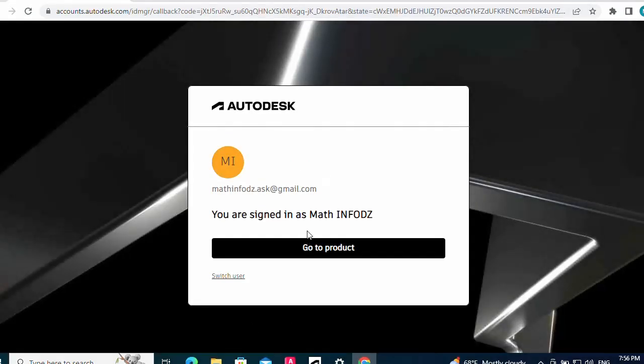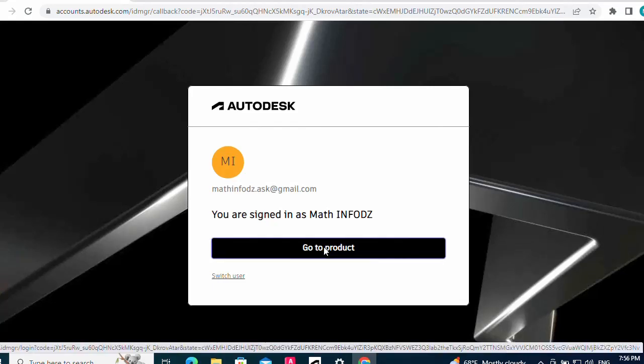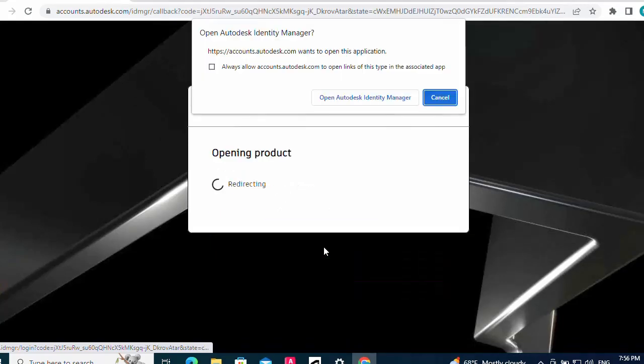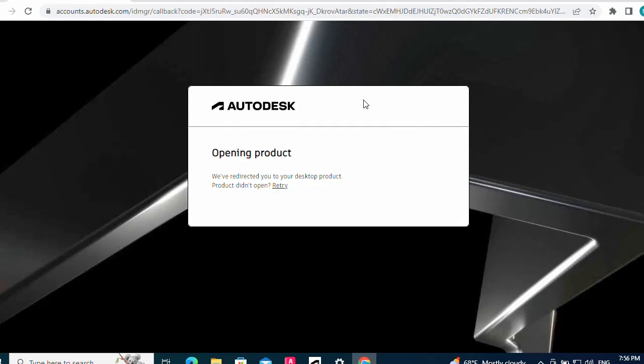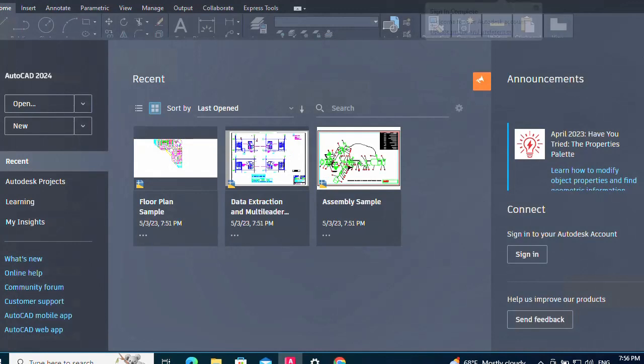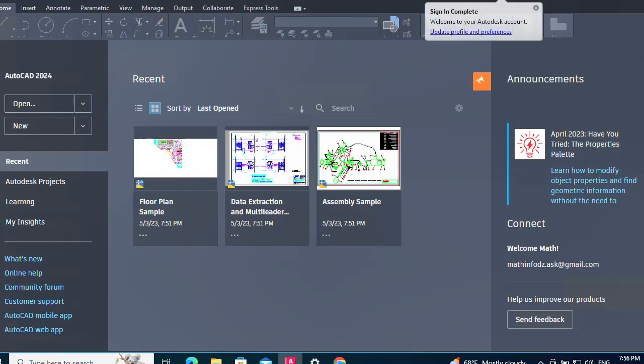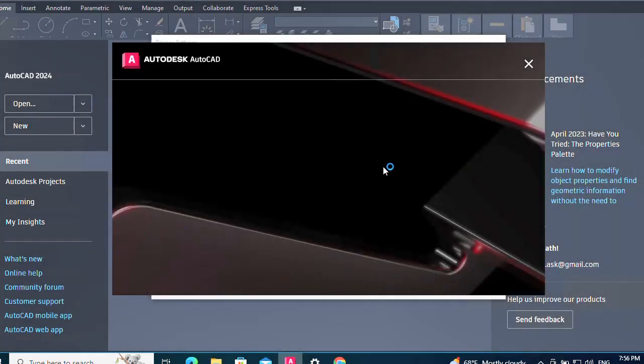After logging in, you will be asked to go to product, or you can click on this button that says go to product in order to go back to the product after signing in. Click here on always allow access, allow Autodesk to access links or to open links, and then click on open Autodesk Identity Manager. What's happening now is that